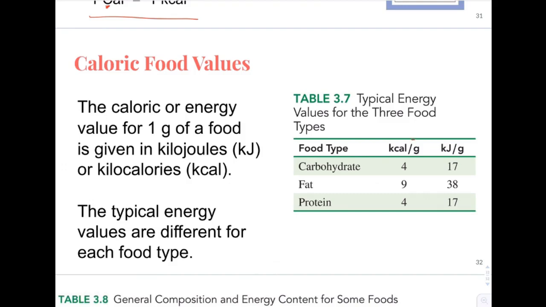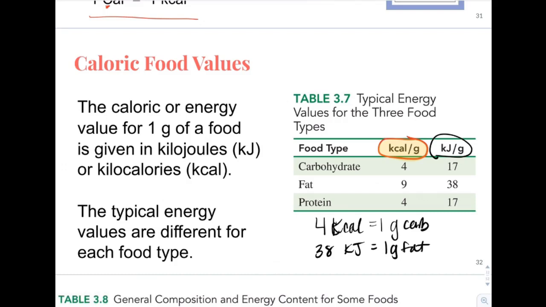Look at this right here. I just want you to take a quick peek. That should look very familiar to you, and you can guess how I'm going to want to use it. Every time you see information like this, think of it as a conversion. We now have a conversion between kilocalories and grams, or kilojoules and grams. So if I'm using a carbohydrate, I have 4 kilocalories equal to 1 gram of that carbohydrate. Or I have 38 kilojoules equal to 1 gram